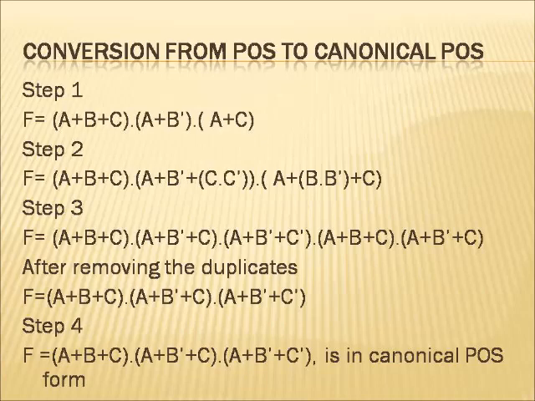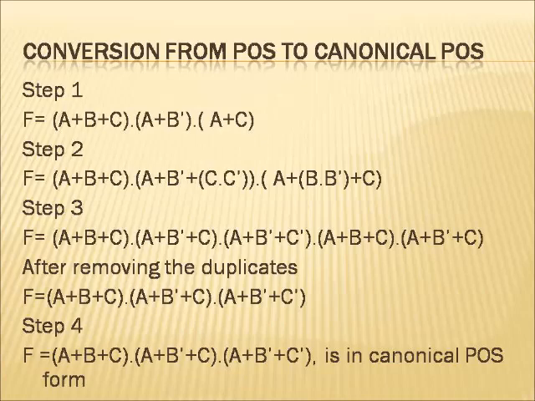Now consider the second one, that is a plus b bar. So clearly we can see that c is missing from there, right? Now the third term a plus c. So clearly we can see that b is missing there. So our aim is we have to include the value of the missing term in the given terms. So the first term is a plus b plus c, which has all the Boolean values. A plus b bar having no c values, and a plus c having no b values.